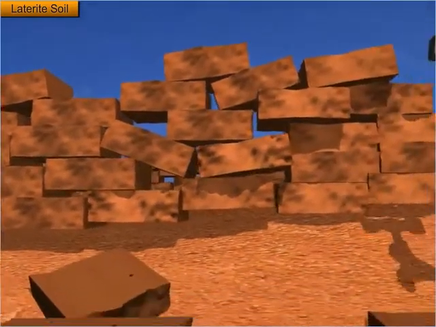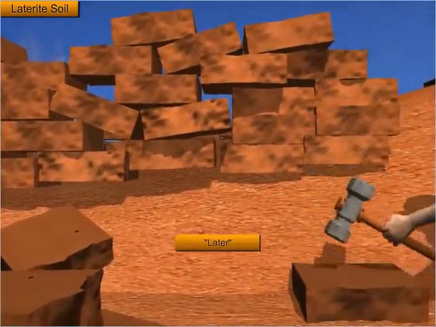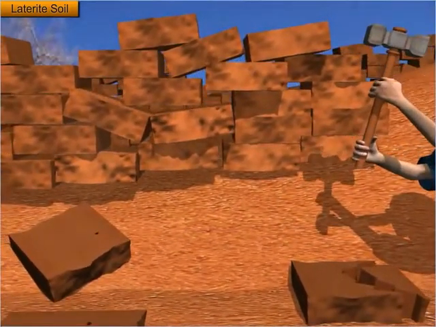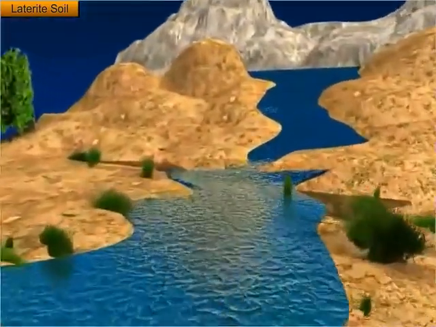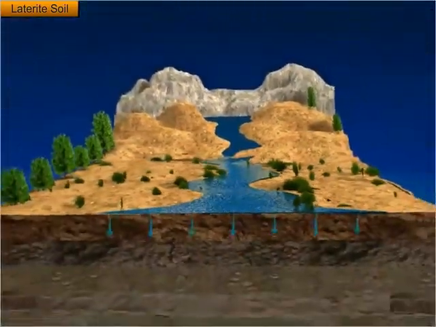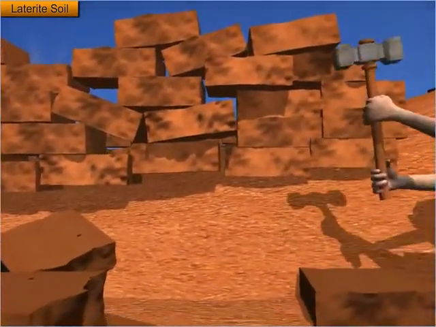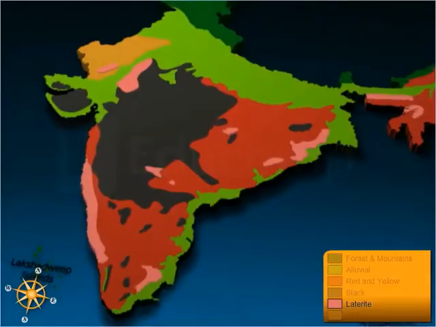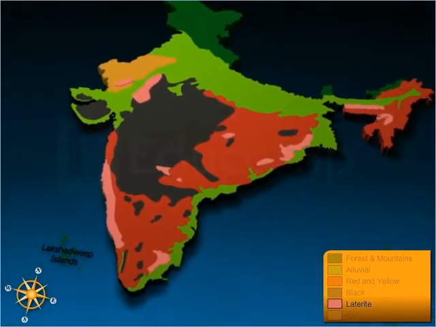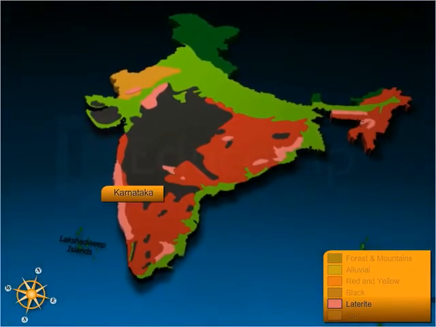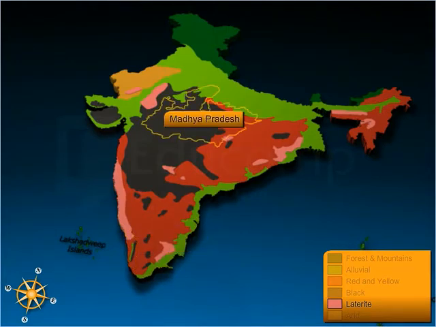Laterite soil got its name from the Latin word later, which means brick. These soils are made up of clay, heavily leached by the downward movement of water. These soils are rich in iron, which gives a reddish color to them. In India, laterite soils are found in the states of Karnataka, Kerala, Tamil Nadu, Madhya Pradesh and the hilly regions